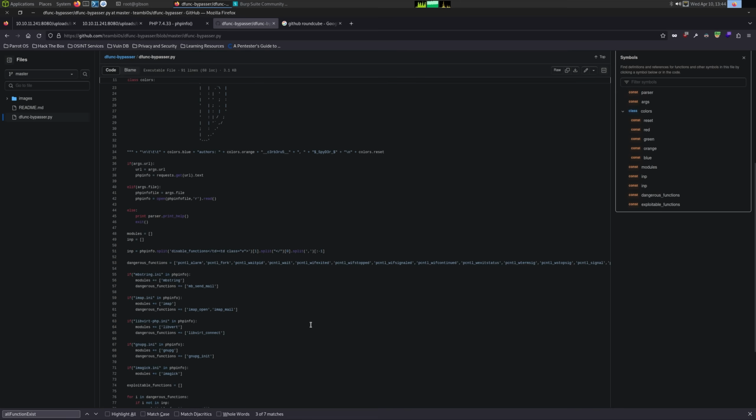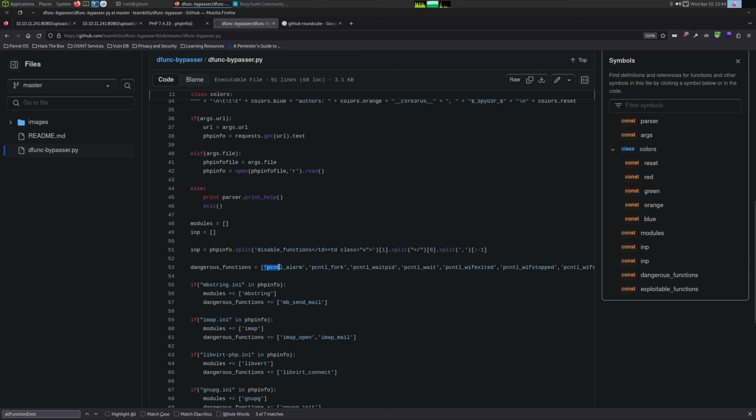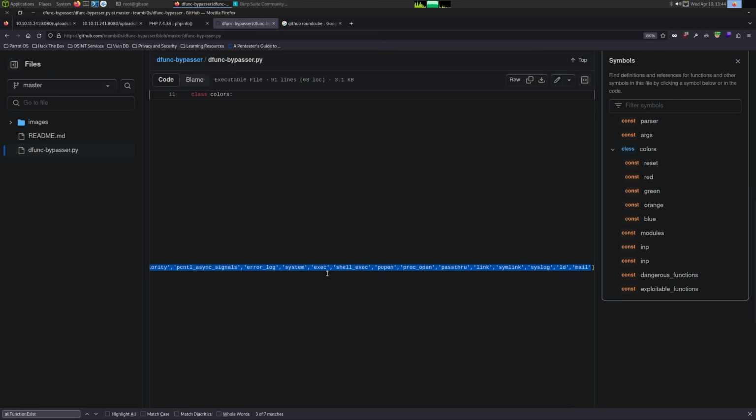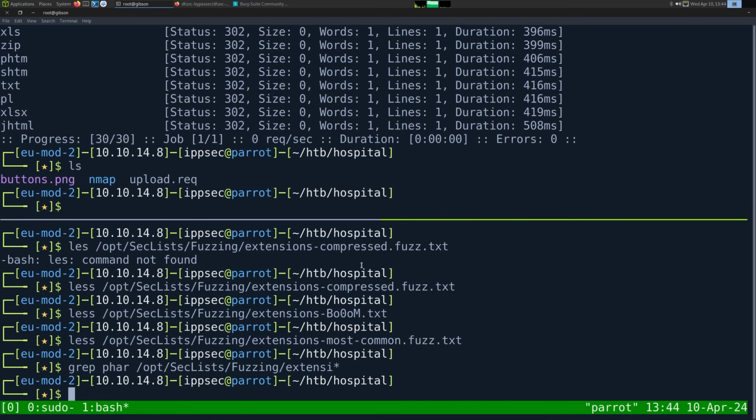The way they intend this script to be run is you grab all the disabled functions from PHP, copy and paste it into this Python, and then work it that way. What I'm going to do is just do it all in PHP. So I'm going to grab all their dangerous functions. If we Google any of these, we'll find a way to execute code. So let's do vi